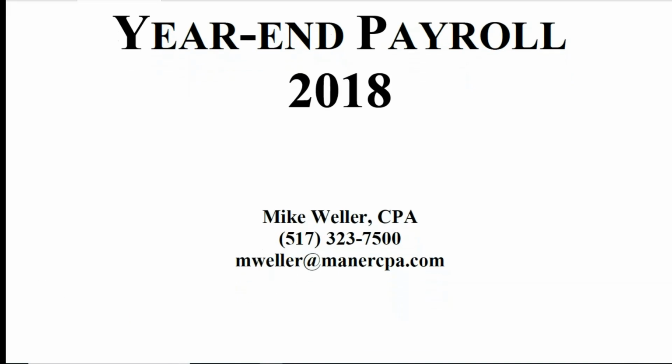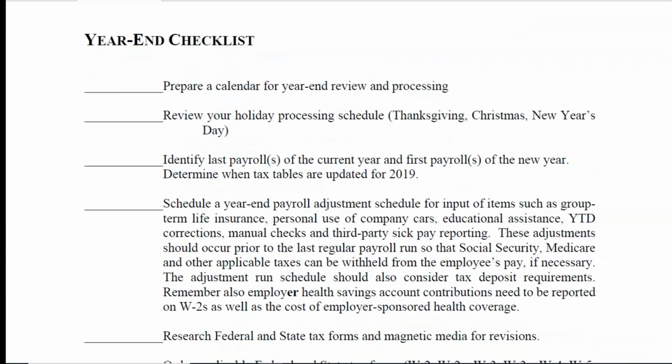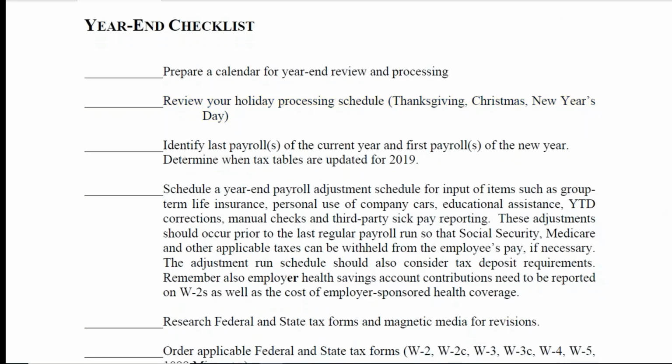The first thing I want to talk about is the year-end checklist, and we need to review the holiday processing schedule. With Christmas and New Year's Day on Tuesday, it adds a little bit more challenge. It looks like it's shortening up the work week, and when you need to have the payroll scheduled if you've got a pay date for either of those Fridays. So you need to look and plan accordingly, especially when direct deposits have to be made and tax payments. You also need to identify the last payroll of 2018 and the first payroll of 2019,